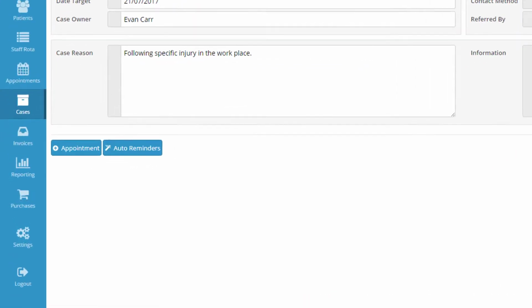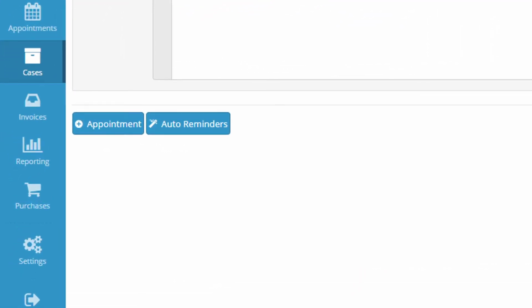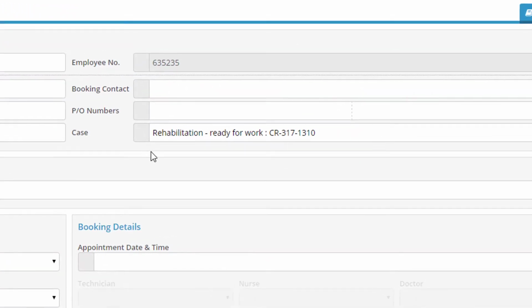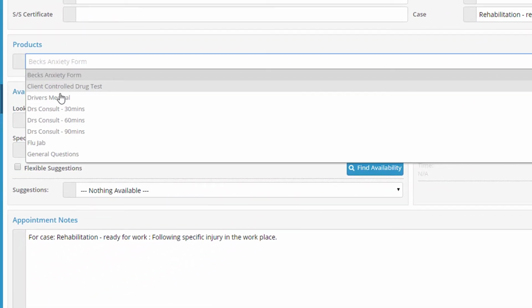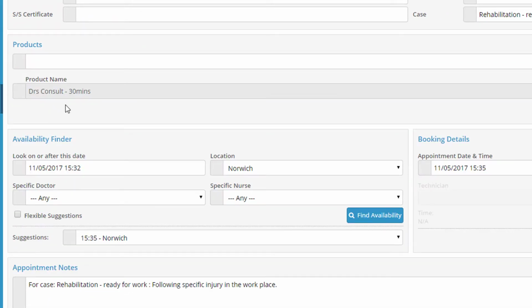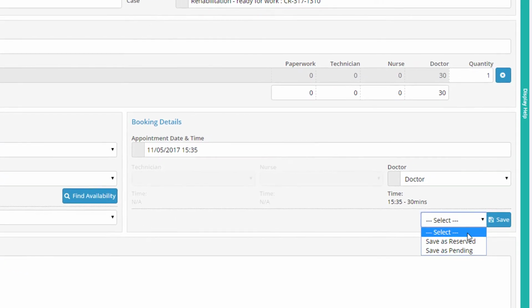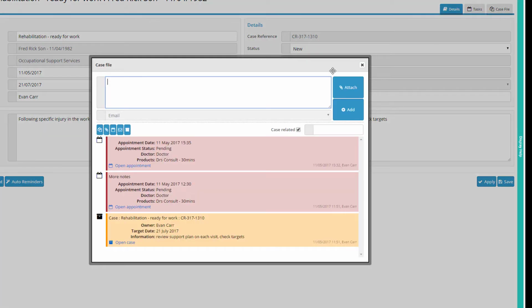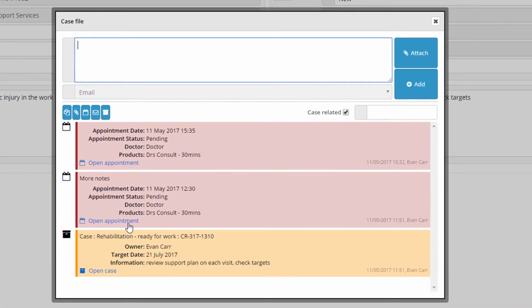Create appointments for the required consultations using the Add Appointments button. You will notice that your case title and reference are automatically applied. The product you select might simply be a consultation, or you might have created a customized Q&A sheet. Once created, you will see the appointment listed in the File and Patient file accordingly, which you can select for